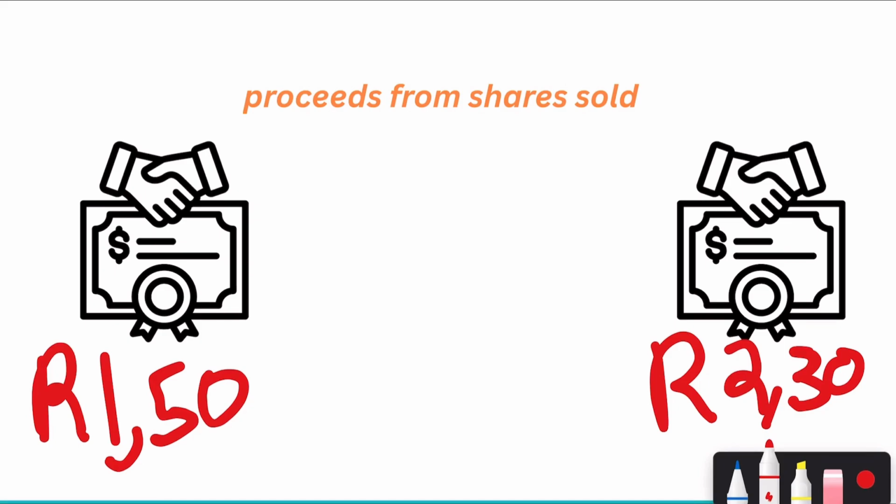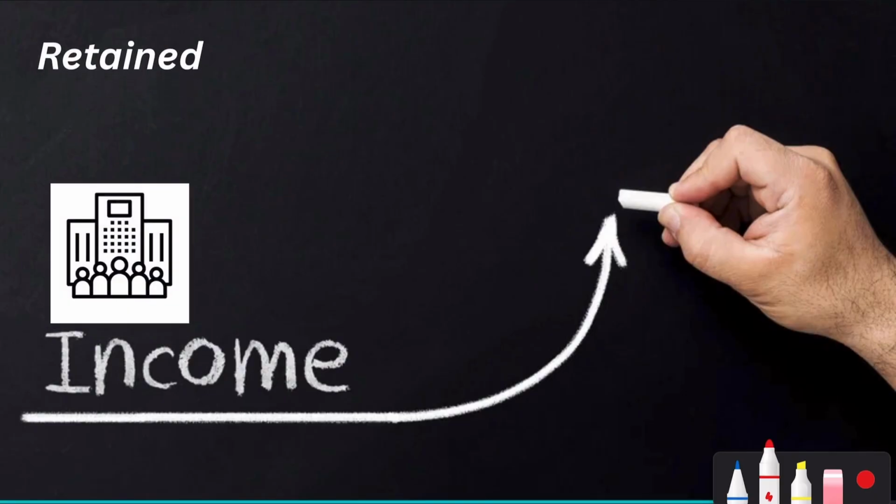So you're probably wondering, okay, if the company does make a profit but decides not to give the shareholders their earnings, what does the company do with it? Does it go into the directors' pockets? You're probably asking all such questions. But no, ideally it goes into the retained income.